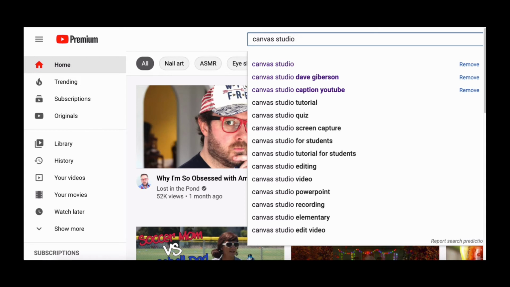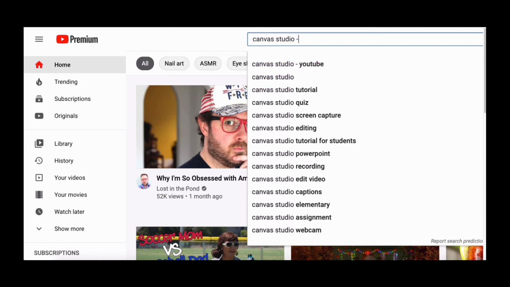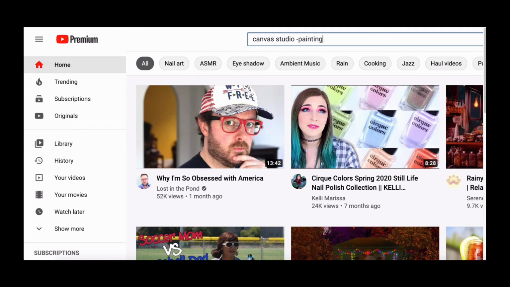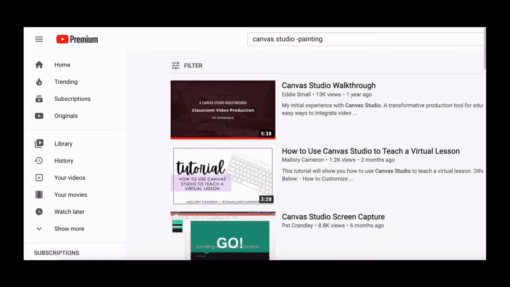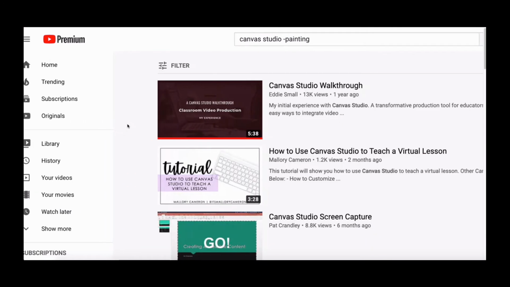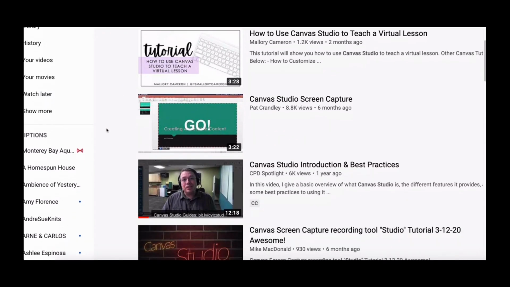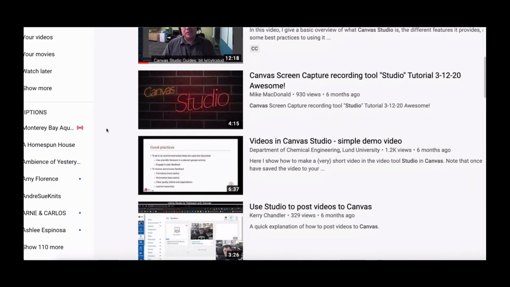So a way to narrow down those search results so that you will not get any art results, if that's not what you're looking for, you can use the minus operator. So you simply put in minus and whatever you'd like to exclude. So maybe in this case, Canvas Studio minus painting. And now you're not going to get any search results that include the word painting in the title or the description.